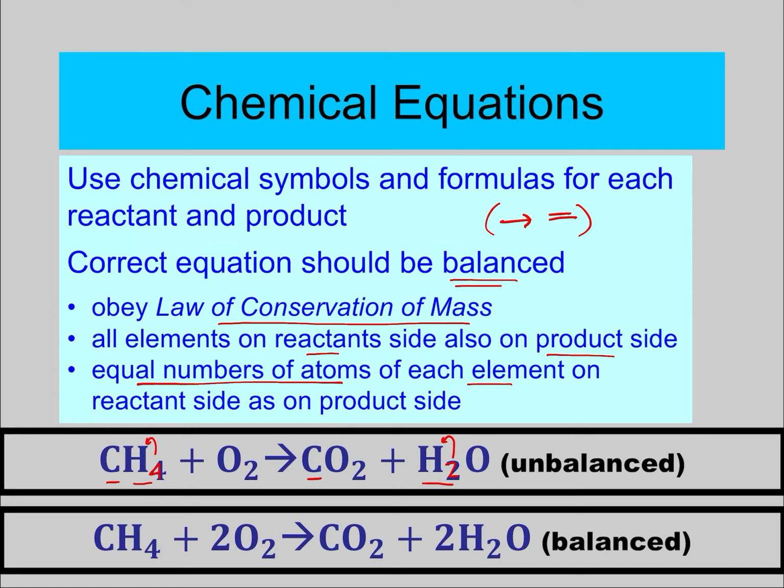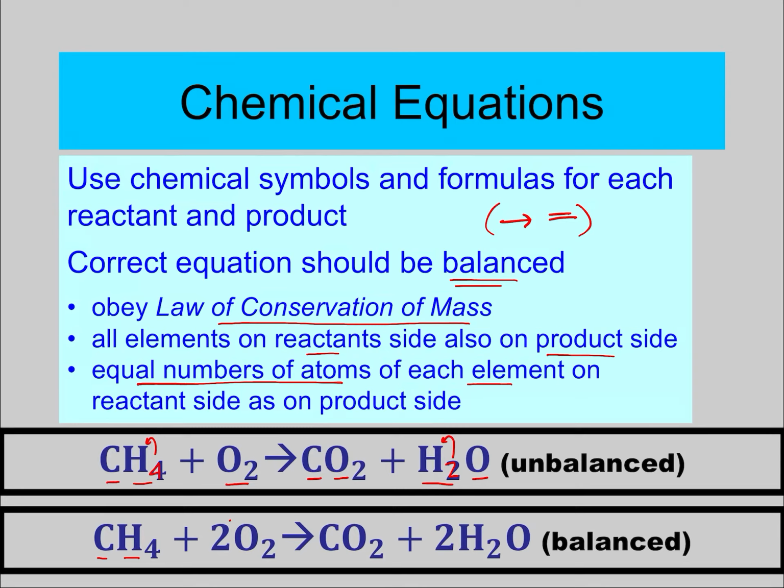As far as oxygens, I have 2 on the left, and then I have 1, 2, 3 on the right. So my oxygens are also not balanced. And we're going to practice balancing equations on our next practice video. But to make it balanced, you can see here, now I have 1 carbon, 4 hydrogens, and now I have